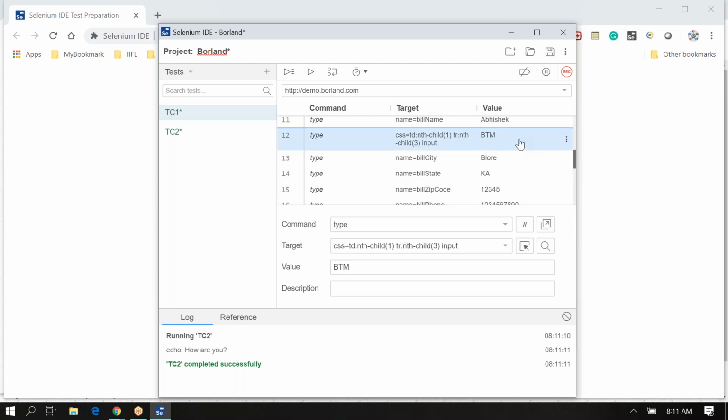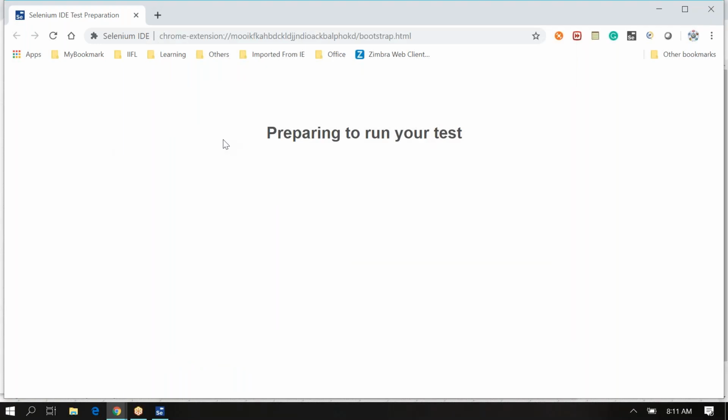Okay, any values, like I can select this, and here, instead of BTM, I want to select electronic city. I can just put EC, I can change the value. If I run my script, it is going to select this. Okay, and one more thing,